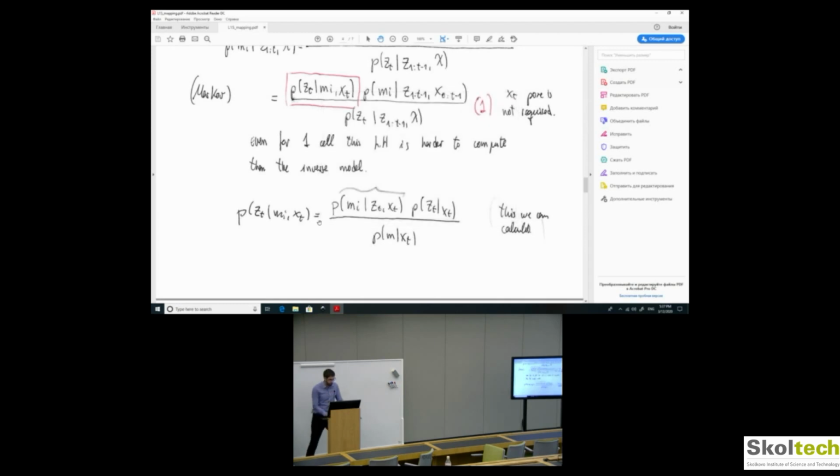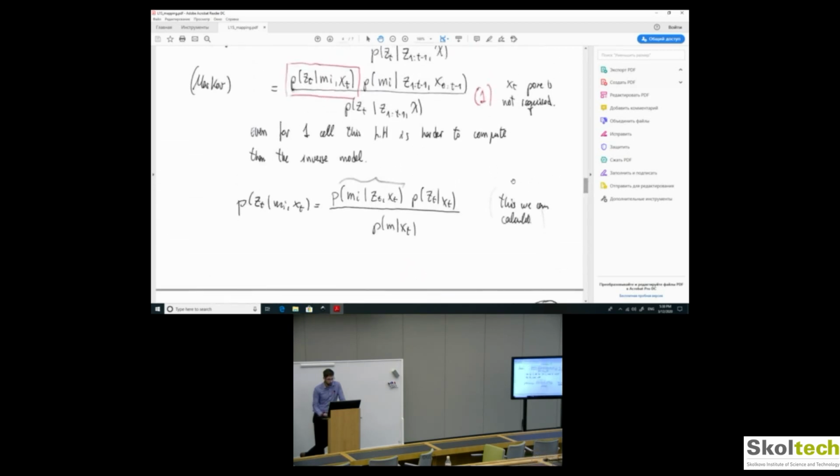So I take this part, just considering the current observation and the current position. We apply Bayes theorem, and then what we get is what we were discussing before, a likelihood function that now depends on your observation and your state,